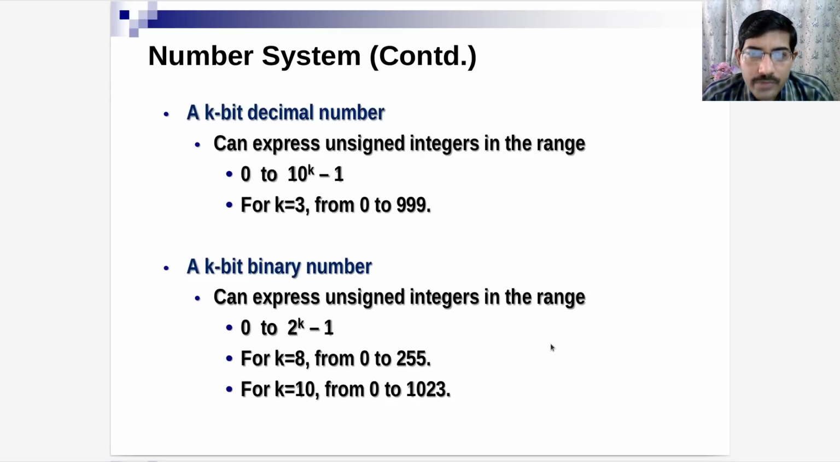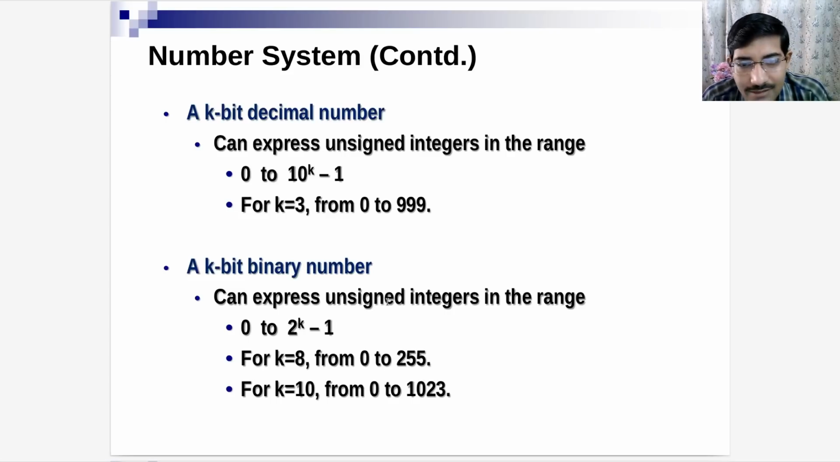So to give you a more formal view of decimal and binary numbers: a k-bit decimal number is from 0 to 10 to the power k minus 1, if it is unsigned, only using a positive sign. So for k equal to 3, you can easily see that with 3 digits, you can write from 000 to 999. Similarly, for binary numbers, if you have 3 digits, you can write from 000 up to